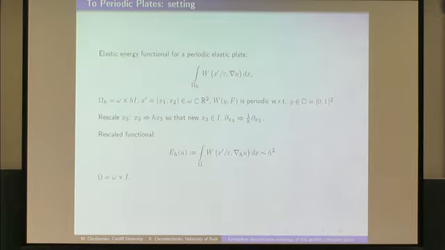Basically, it is very similar, with the only exception that we assume this dependence on the x prime variable, on in-plane variables, and the dependence is periodic. So W of y comma F is periodic with respect to y, and the unit square is the cell of periodicity, and we assume that the period is small by dividing by epsilon here. Again, we rescale the functional in the same way.